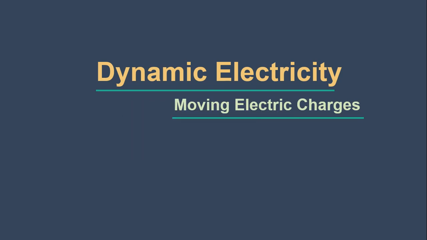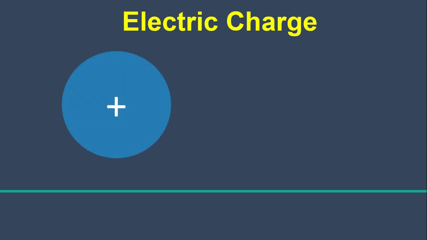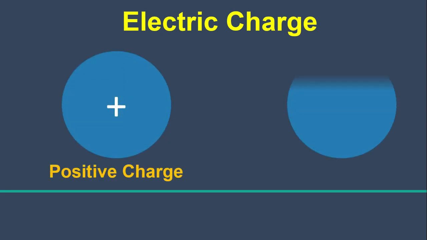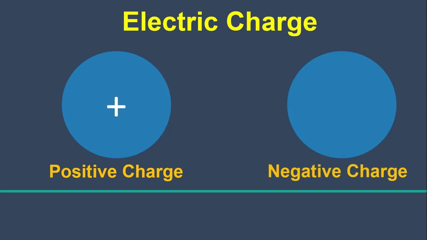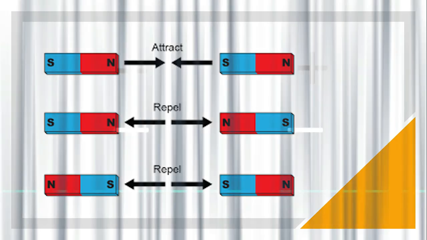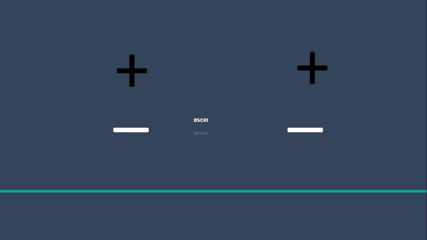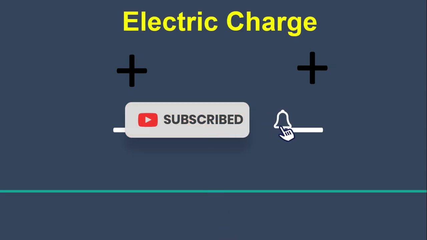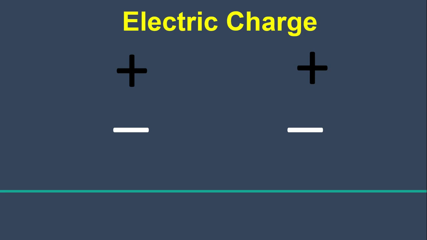The concept of electric charges is very important in physics and it can't be fully explained in a video. But I will try to give you a short and to the point explanation of the concept. So let's begin. There are two types of electric charges: positive, denoted by the plus sign, and negative, denoted by the minus sign. Think of a magnet for a moment. We know that two like poles, that is two north or two south poles of magnets, repel each other and unlike poles attract each other. Similarly, like charges, that is two positive or two negative ones, repel each other and unlike charges, that is a positive and a negative one, attract each other.